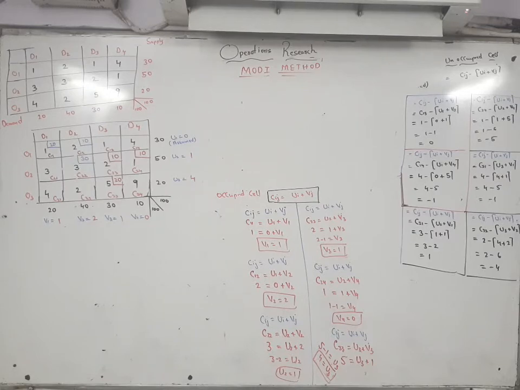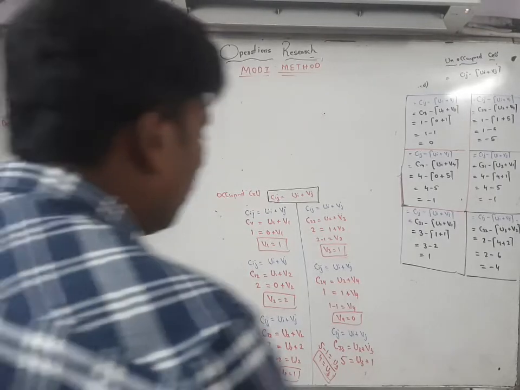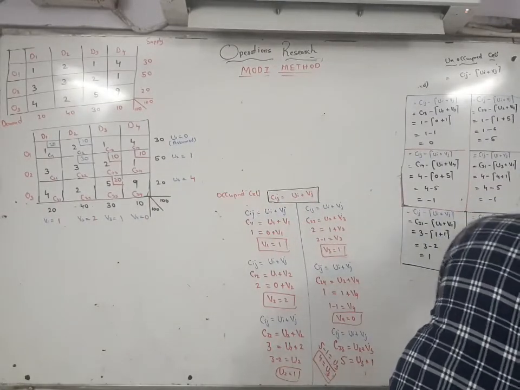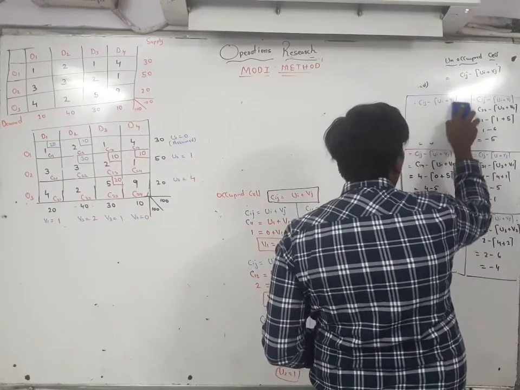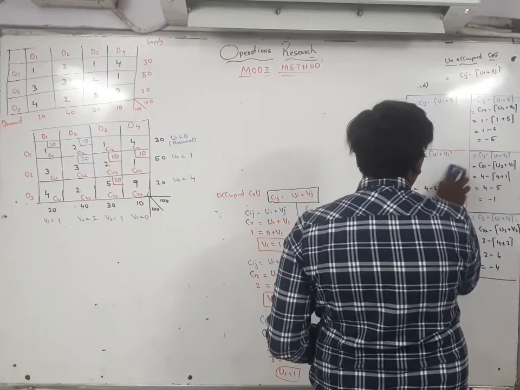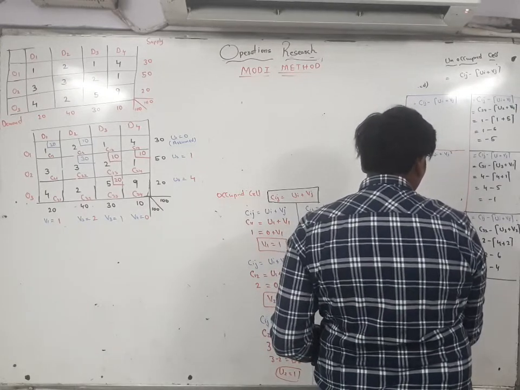Next step, you have to find out for the unoccupied cells. How many unoccupied cells are there? You have to find out. In the occupied cells, if any negative term comes, then again you have to find out. Okay? This is the formula for unoccupied cells. I will erase this one. Total unoccupied cells are also 6. Let the formulas be like that only. It will be helpful for us.